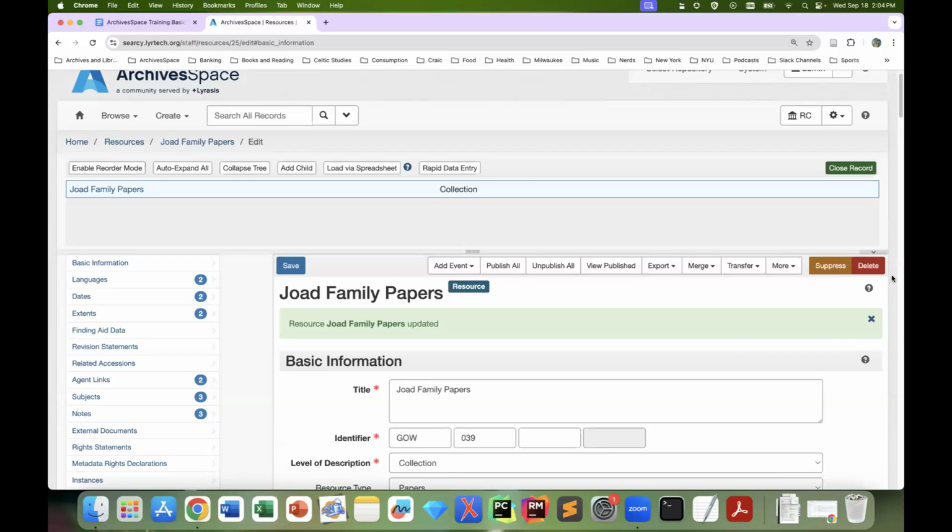That said, if you export your resource records as EAD files, I would recommend that you're mindful about how deep you create your hierarchy, as EAD can only accommodate up to 12 levels deep. So we're going to use our Joad family papers here to show what that hierarchy looks like and how you can create it. So right now it is a single level resource record, but let's say that we've now processed